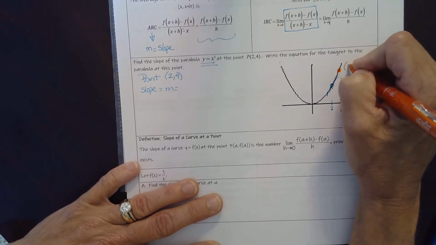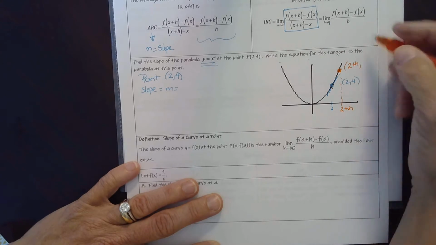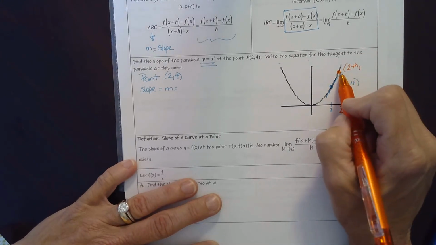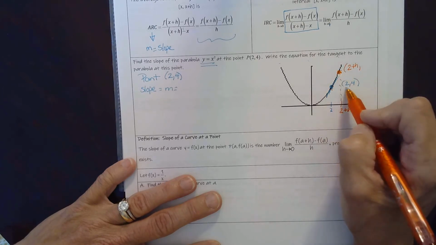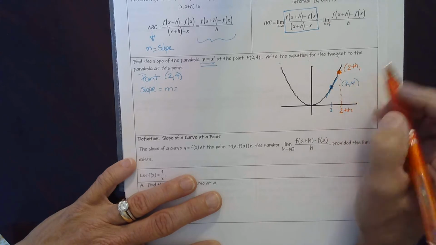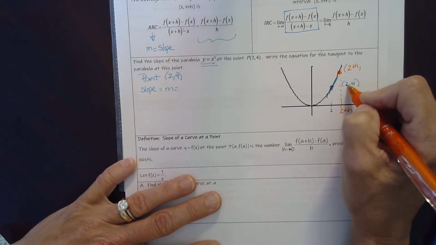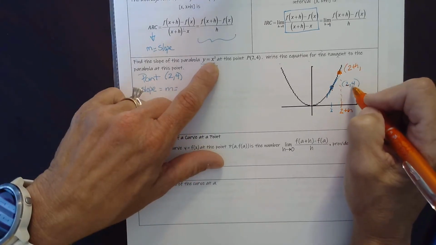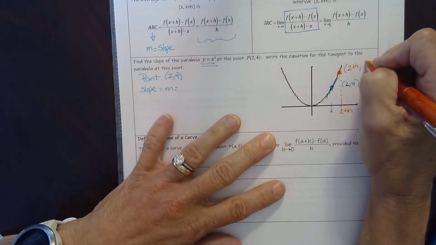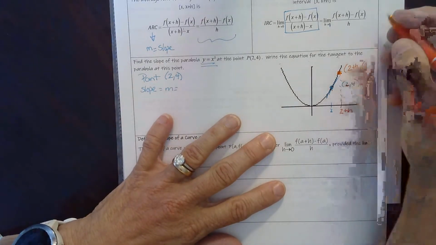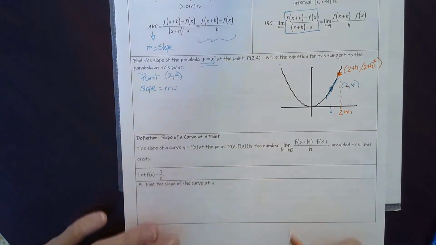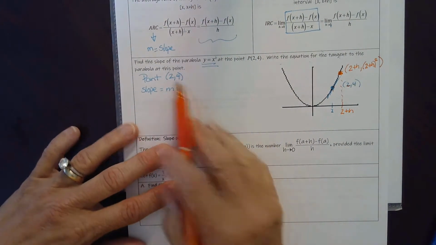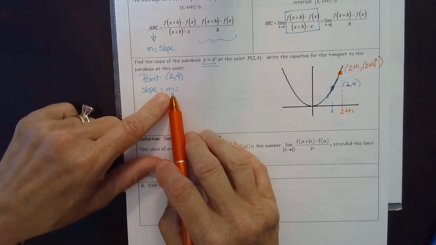Then if this is 2 plus h, what would the y value of that point be? Well, how do I find it? How did I find 4 when x was 2? Well, we substituted 2 into x, squared it, and got 4. So your y value here for this point will be whatever (2 plus h) squared is. Okay, so how do I find the slope